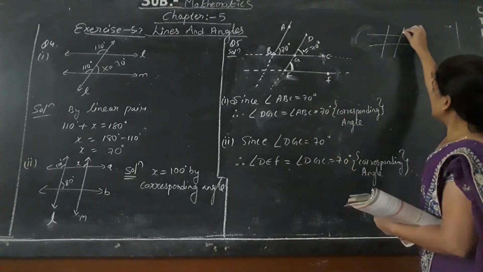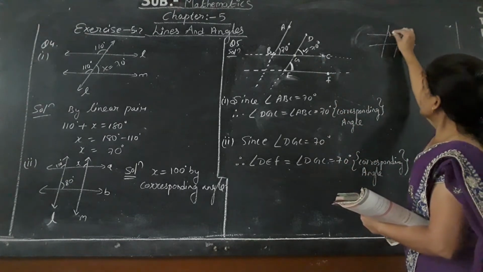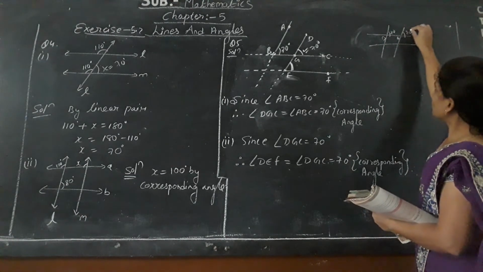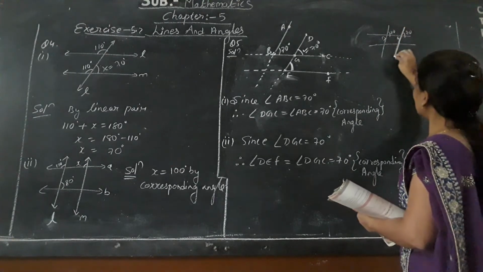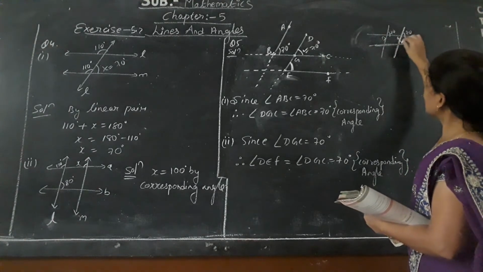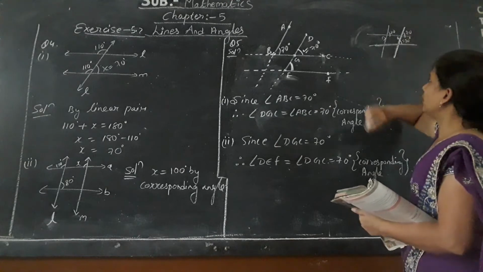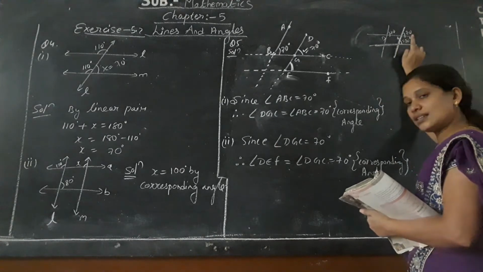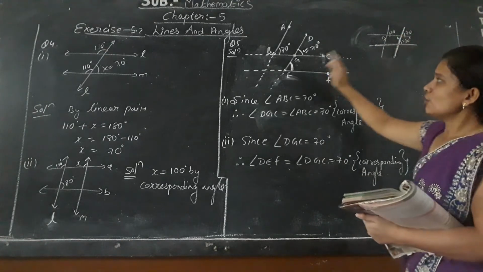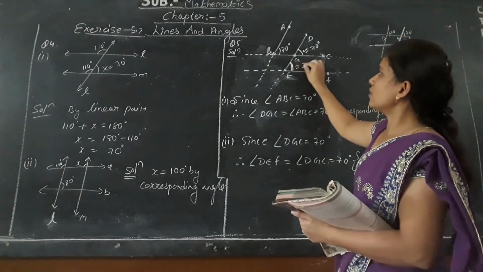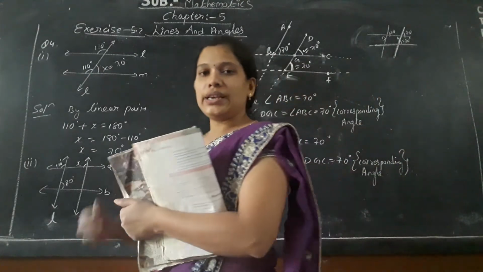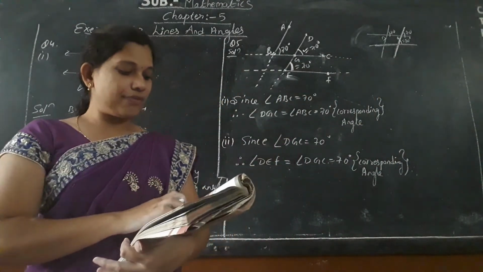Now you can see this. If this is G, this one is 70, that is B. This one is G, that is also 70. If we act on this as a transversal, then obviously this angle will also be equal to 70, because one is an exterior angle, another is an interior angle, and they are present on the same side of the transversal. So angle E will also be equal to 70 degrees due to the corresponding angles. So here, clear everyone? Question number 5 is over.